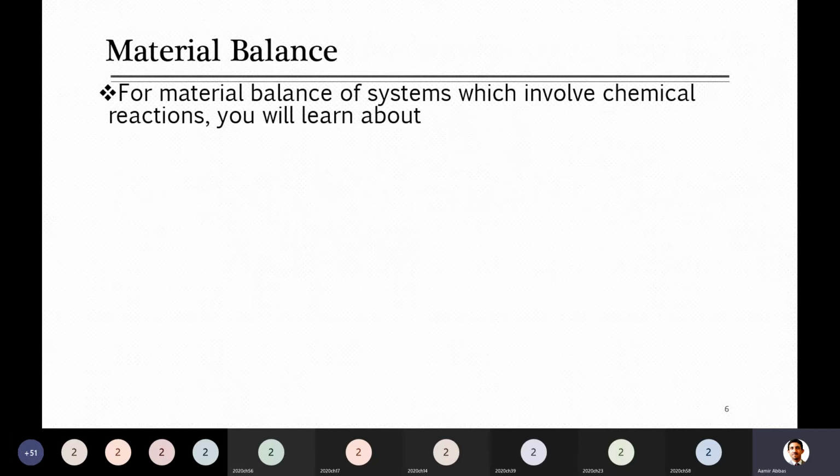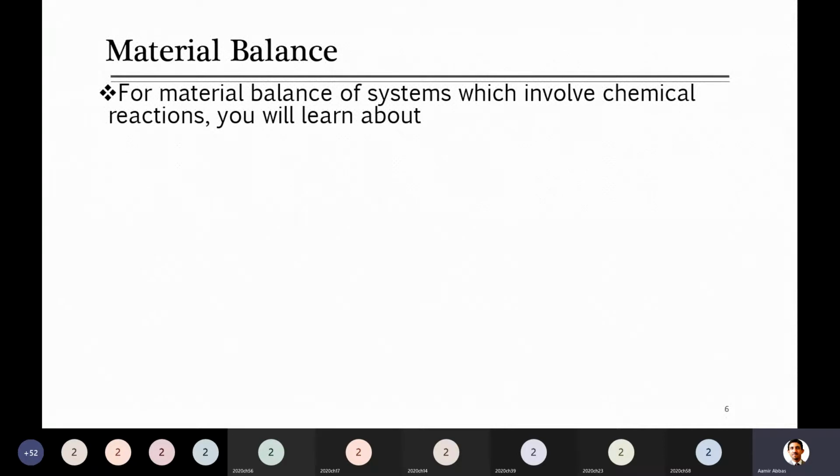Overall it is material balance, but it will involve some terms like generation and consumption terms. So in order to calculate those generation and consumption terms, you have to do some other calculation. You will come across some other terminologies. So overall, here is a brief outline of chapter 5 of your textbook, or the things which you have to